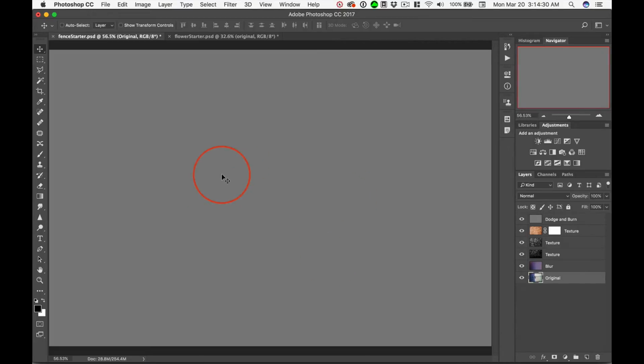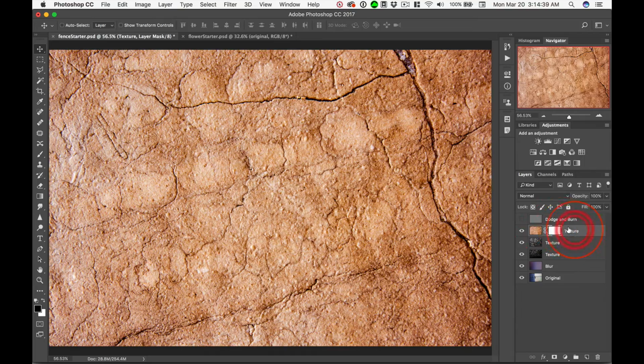A real quick tip about using a mask: you have to click on the mask if you're going to mask something out. Let's turn that off. If you're going to mask something out, hit the letter B for the brush and then D for default colors. It's really important you're working with black and white. Now, white reveals. I'm going to hit X to swap those out, and black conceals,